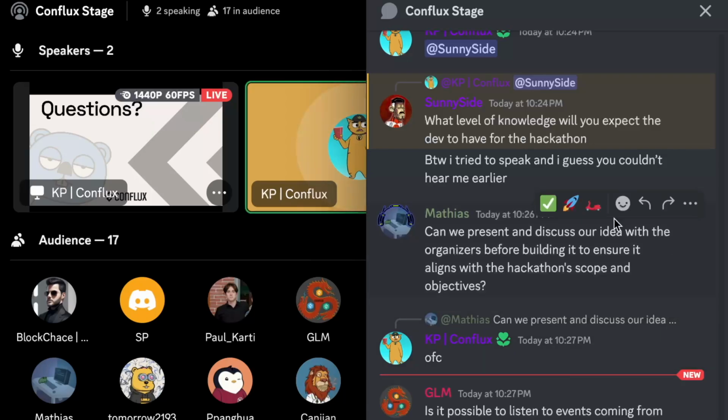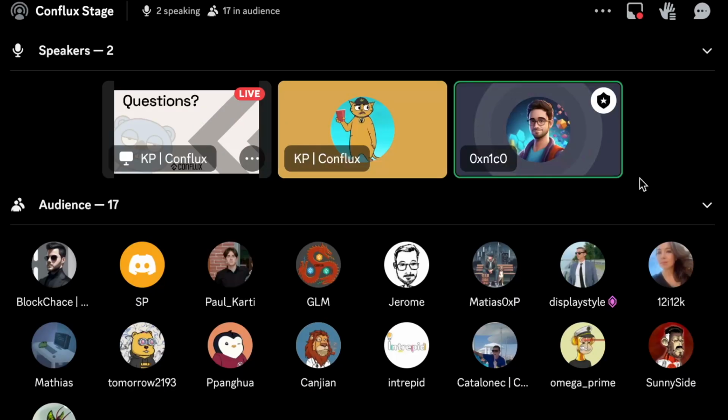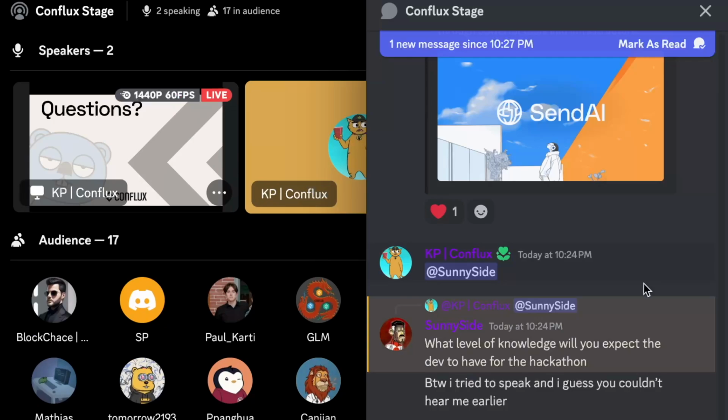Yeah, GLM, I see you're proposing building a tipping bot on Conflux. This idea is very amazing and can be started quickly, so that's an awesome idea. I also see Matthias asked about discussing the idea with us prior to working on it, and I think that's also a good idea.